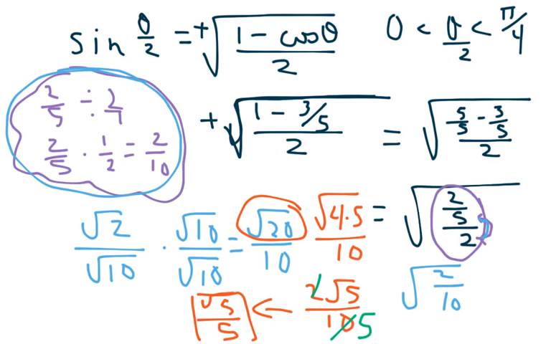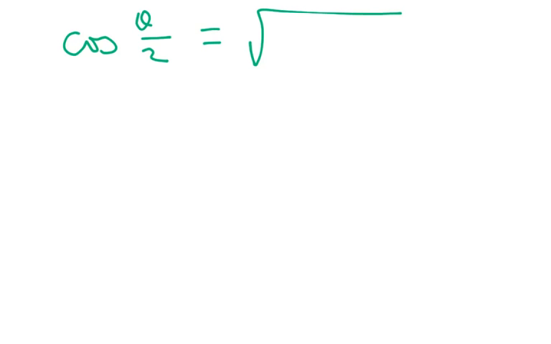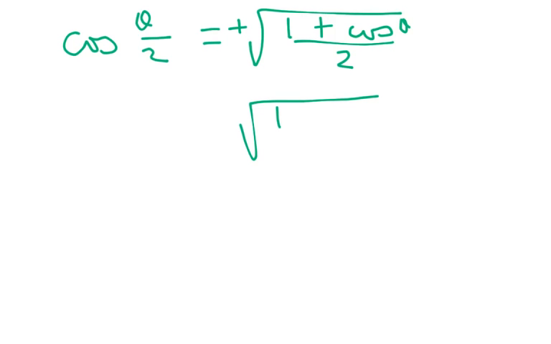Okay, same thing for cosine. Cosine of theta over 2. We're still in quadrant 1. So this is going to be square root, and our square root is going to be positive. 1 plus cosine of theta over 2, which is a square root of 1 plus 4/5 over 2, which equals